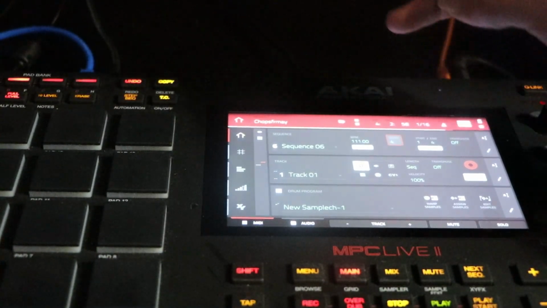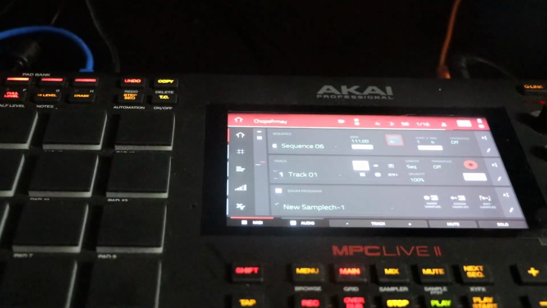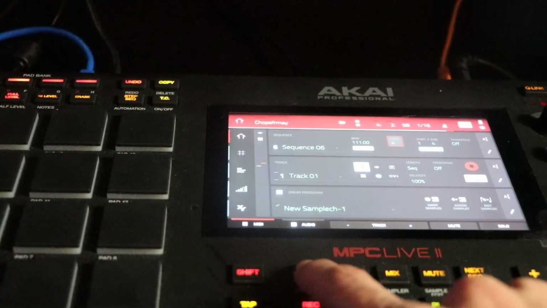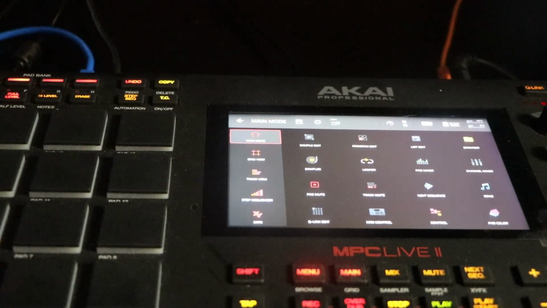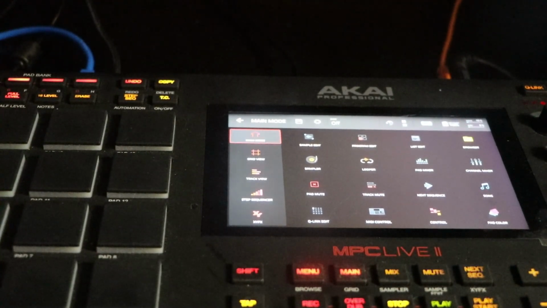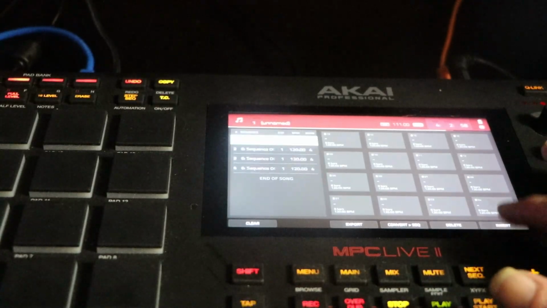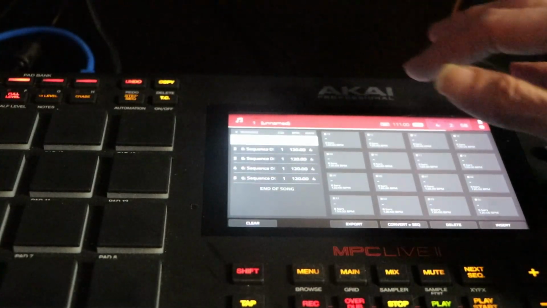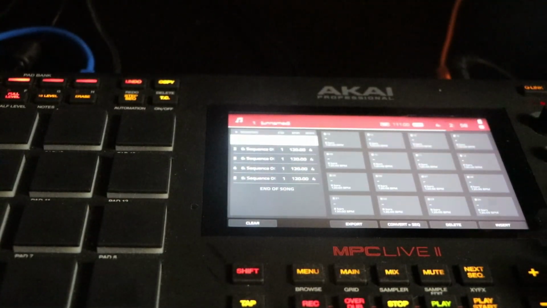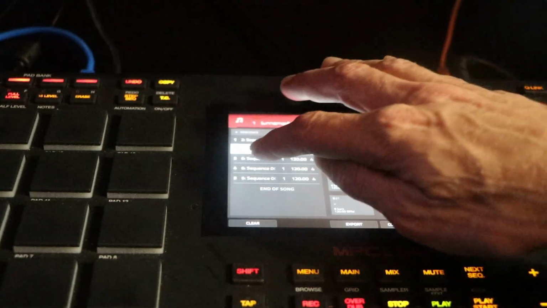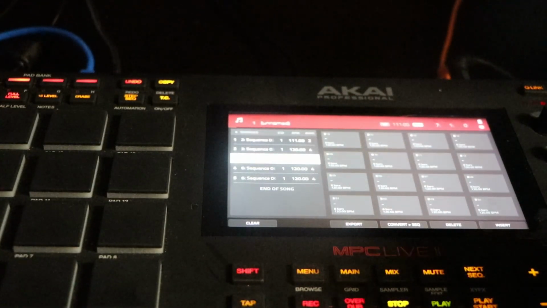So we got 5 sequences, right? Let's fit these bad boys together. This is easy because you don't have to take sequence 1 and duplicate it and mute out parts or nothing. It's already laid out. So we're just going to go into song mode here and hit insert. We got 5 sequences. We're going to start off with sequence 2, 3, 4,